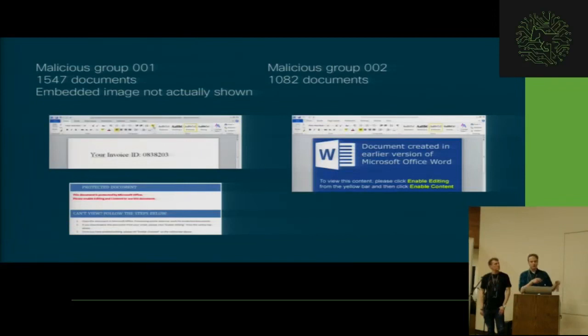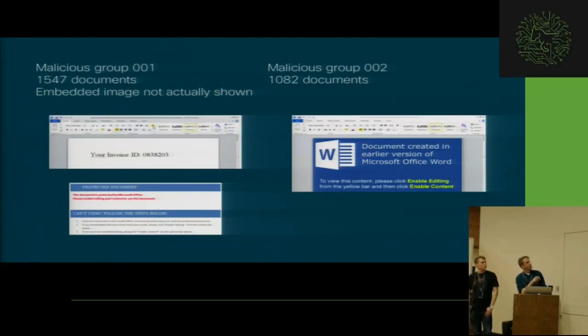Just to show you the two documents that came out. So this is group 1 here on the left. Interestingly, their automation solution that built this document, this is the image inside it, but it's actually not visible when you open the document. The forensics tool I used, which was just Foremost, if you're familiar with that tool, extracts this image. This image is inside the document, but it's not visible when you open it. And on this one, the image is very much open.